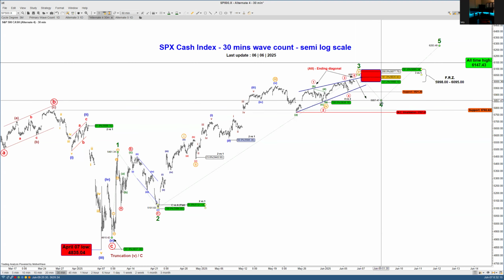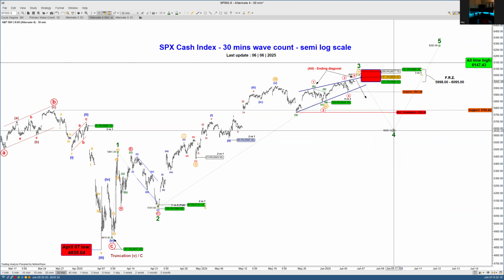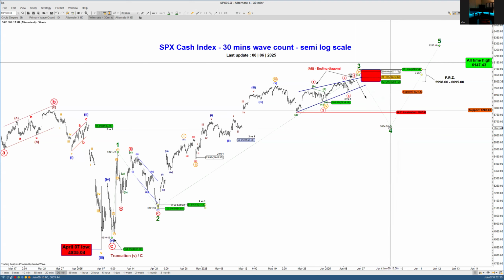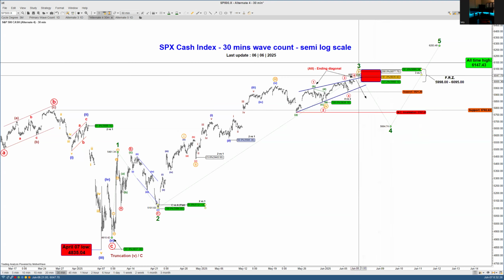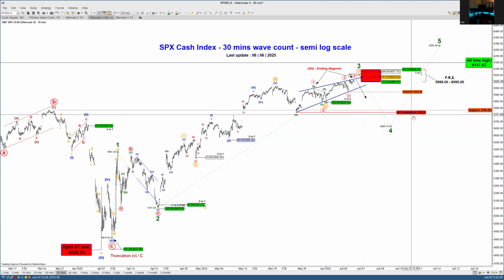Then we'll start to make the case for this fourth wave. The only way we're going to make the case here for the fourth wave, and how I know when this third will end and where it ends, is once it breaks this 57.67. If the price breaks below this level,